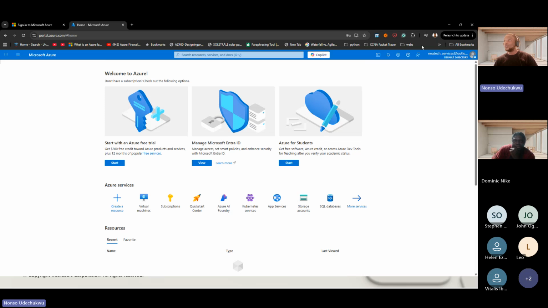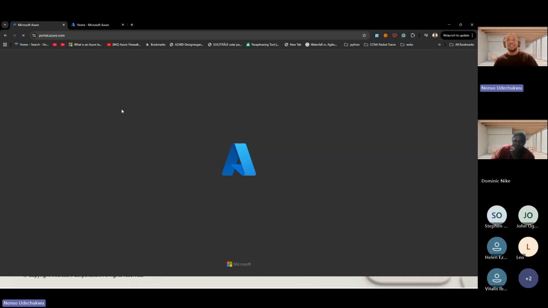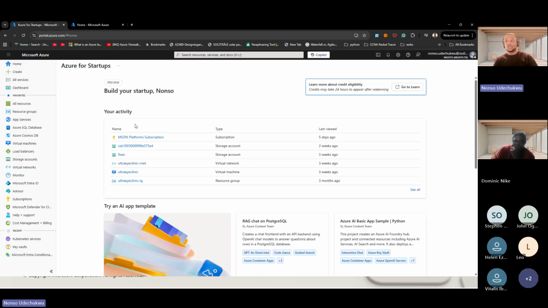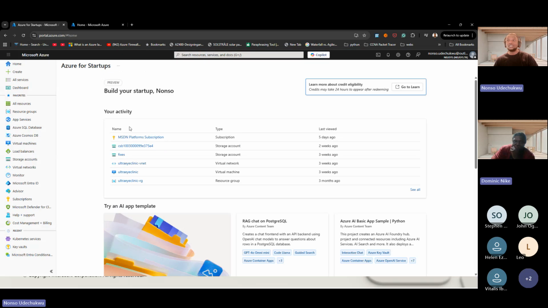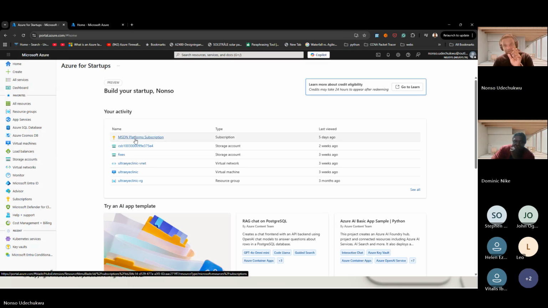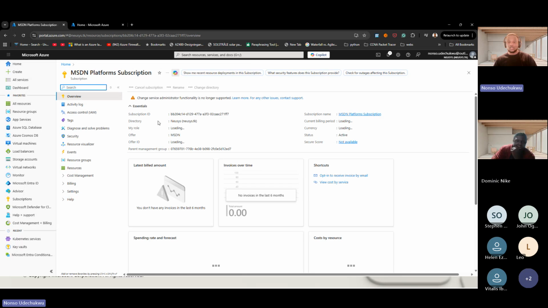If I want to go to this directory now, just look at the names, for example. If I go into this directory now, you can see this directory has a subscription attached to it. Well, why can't this user get this directory, get this subscription? Because this user does not have permission to get to this place. If I go further back into the things that Dominic mentioned,